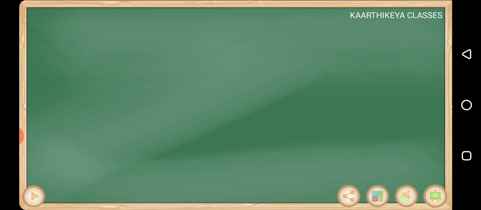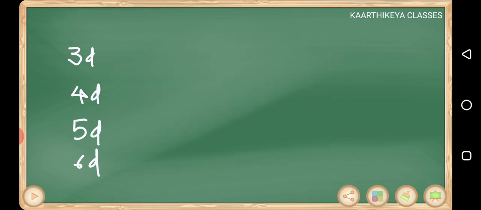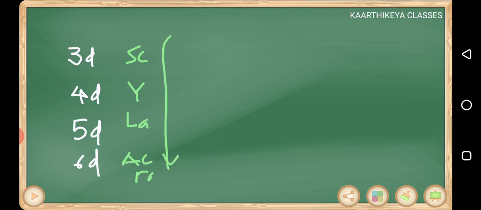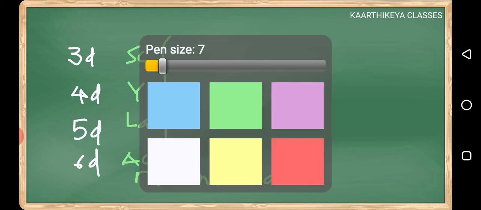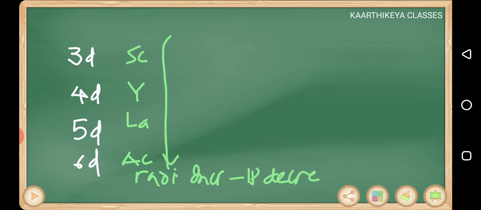Done. So the problem comes in the 3D, 4D, 5D, 6D series, beta. As we were discussing in lanthanide contraction, for scandium, yttrium, lanthanum, actinium, these four elements, radius increases. When radius increases, ionization potential decreases. So there is no problem with those.